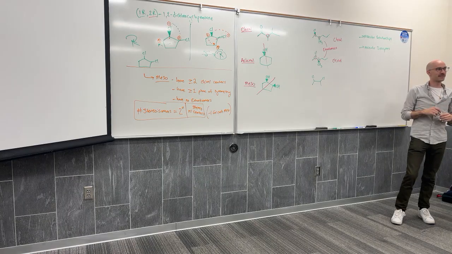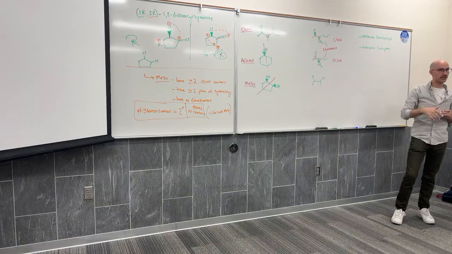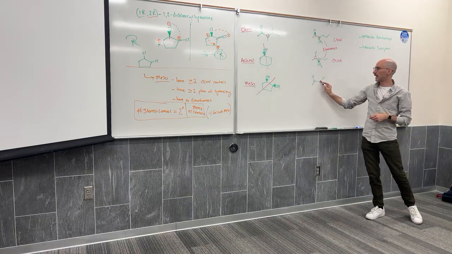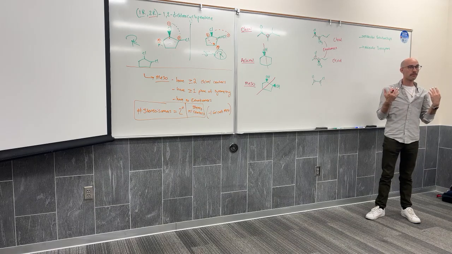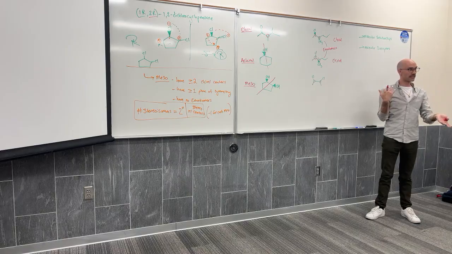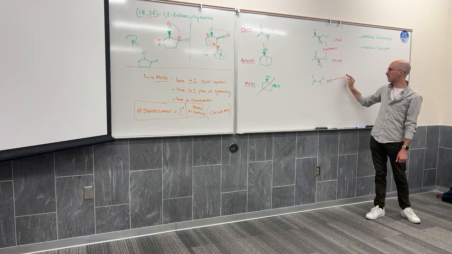And on the bottom, this one got you guys. That was meant to be the trickiest. This one is not achiral. It might be meso, it might be chiral. There are two chiral centers, but I actually do not have enough information. If they're both wedged, meso, or both dashed, meso. But if one is wedged and one is dashed, chiral. So this is either meso or chiral. There's no way to know.